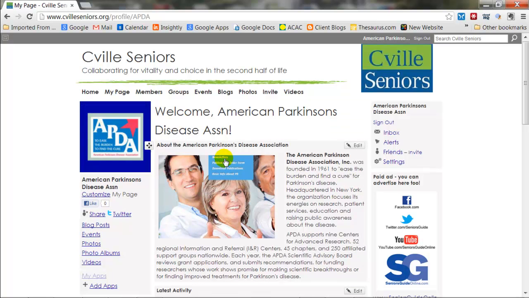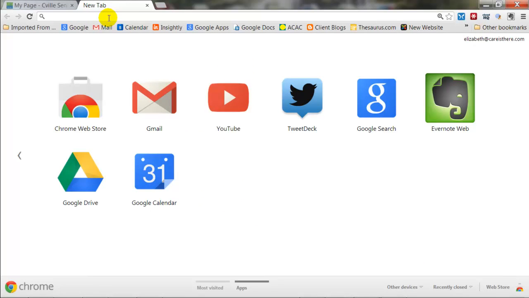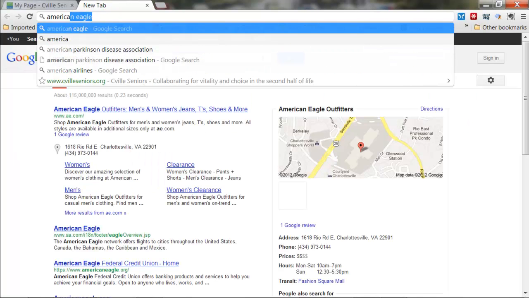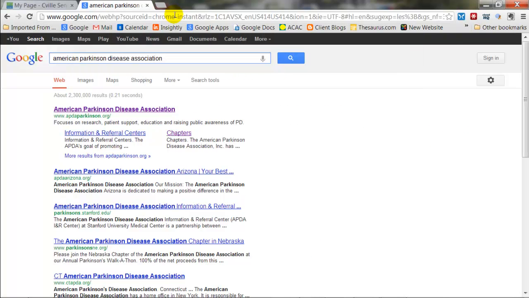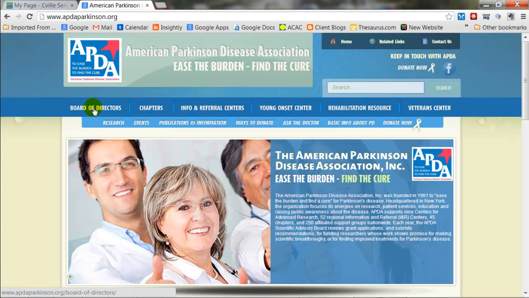So already we've got an image here, we've got some bolding. And you know what else I'd like to do? I would like to hot link this text to the American Parkinson's Disease Association website. So the first thing I'm going to do is go out and make sure I've got a good URL on that. So I'm going to Google it. And here it's coming up in my autocomplete. I'm going to enter there. This looks like the official site